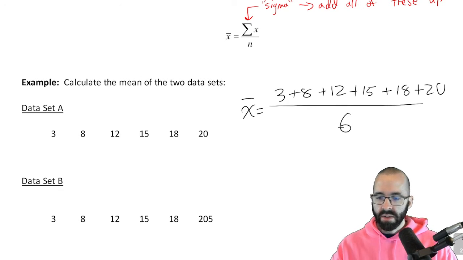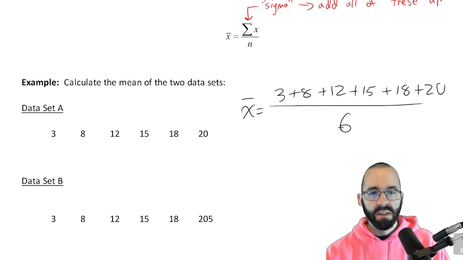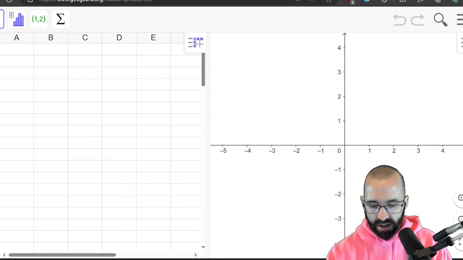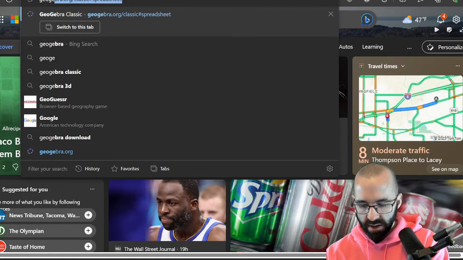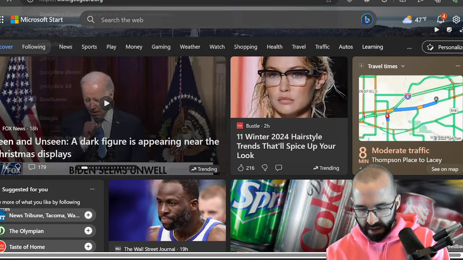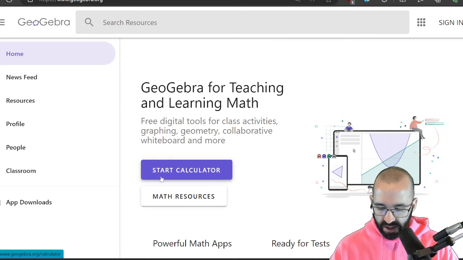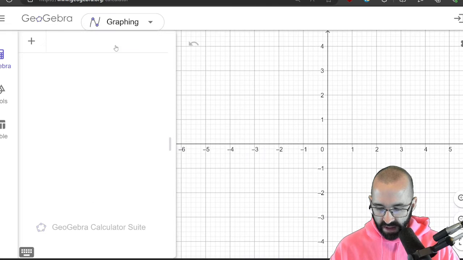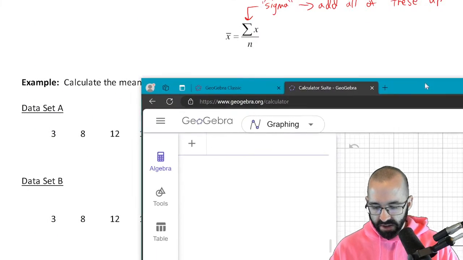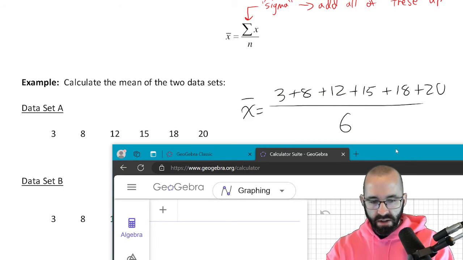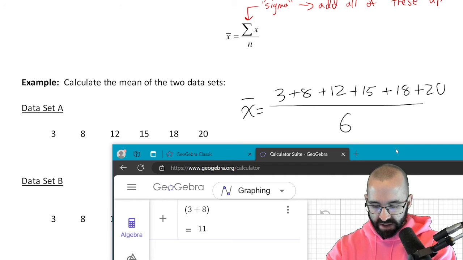So when we do that, well, let's bring out our handy dandy formula. Let's see, GeoGebra. Use GeoGebra scientific calculator. Great. If we add up all those numbers, 3 plus 8 plus 12 plus 15 plus 18 plus 20, I'm going to use parentheses so that when I